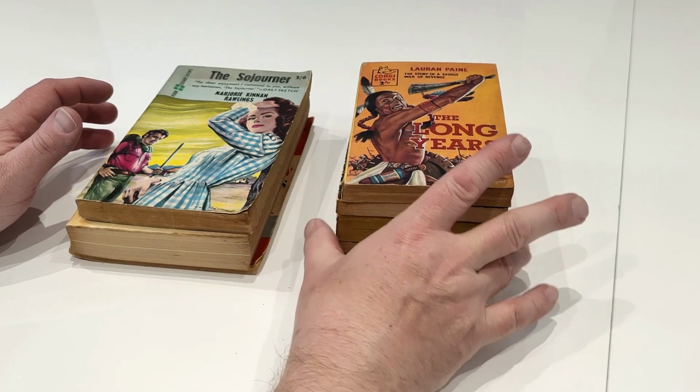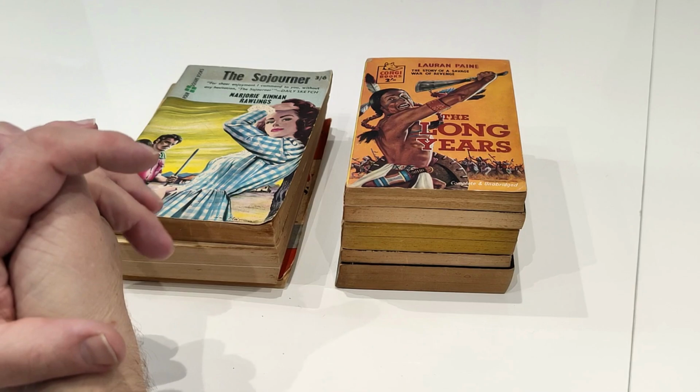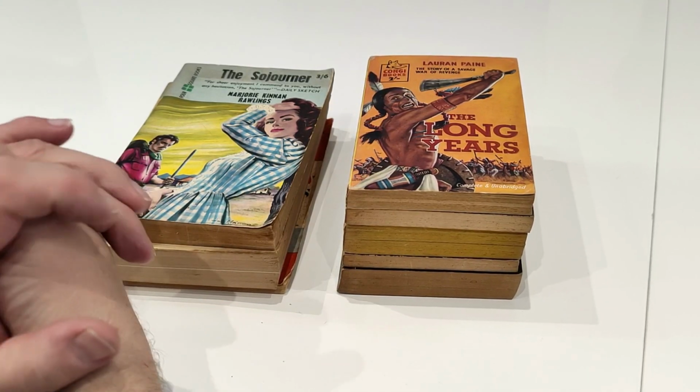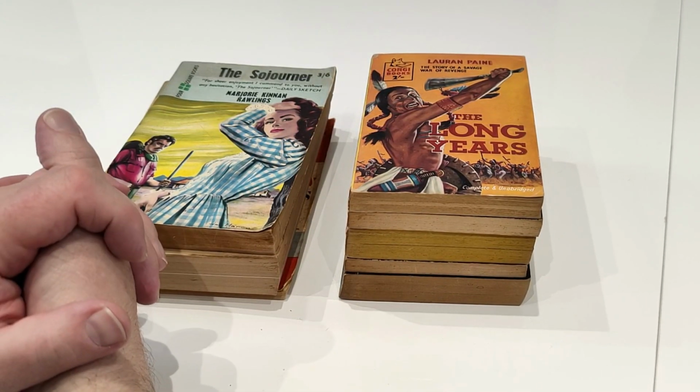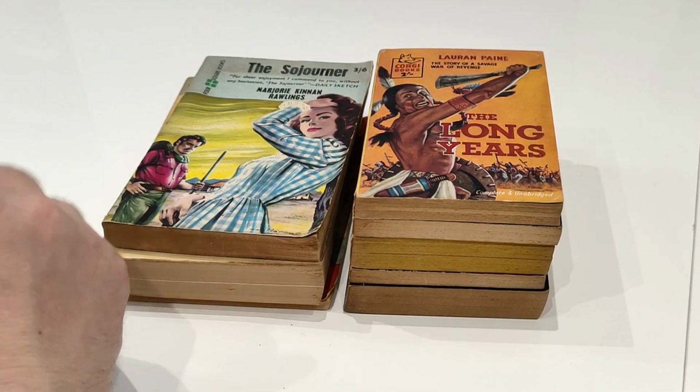Now, just as it started raining as I was leaving, I did think about going downtown to do the sort of charity shops in town. But I thought, no, we'll save that for another day. And I have got a few other shops I can check out in the Devon sort of area where I